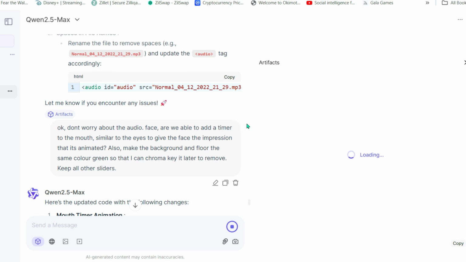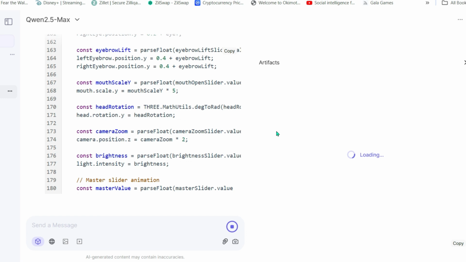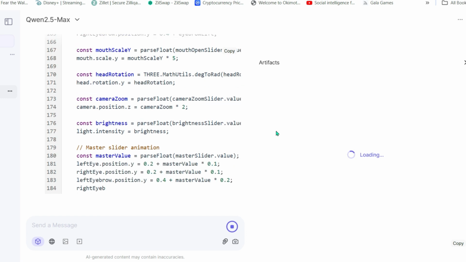Also make the background and floor the same color green, so that I can chroma key it later to remove. Keep all of the sliders. Hopefully that works. This will be the last one though, because like I said, this video is getting extremely long,